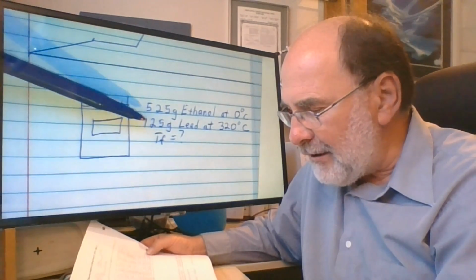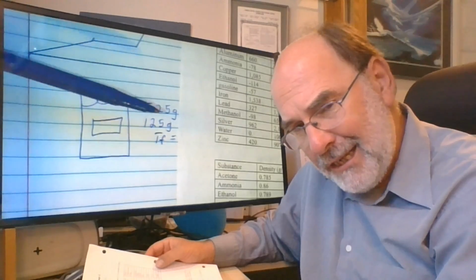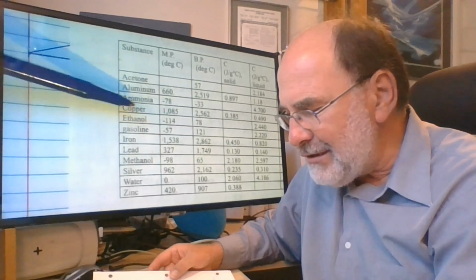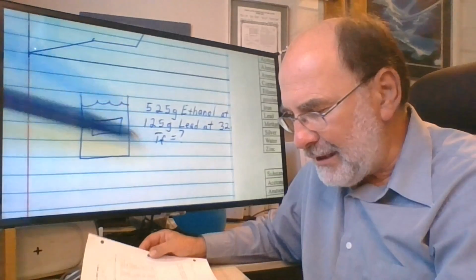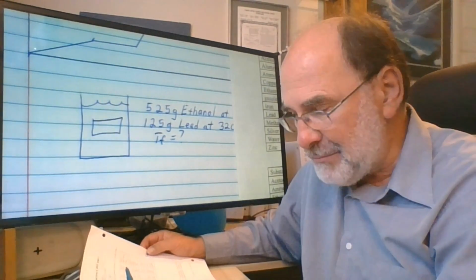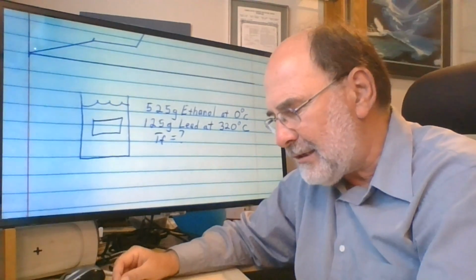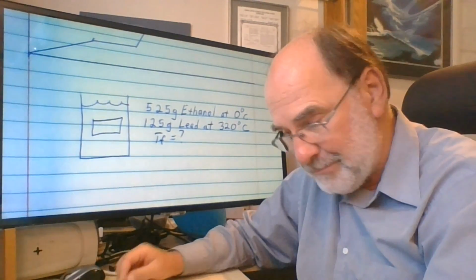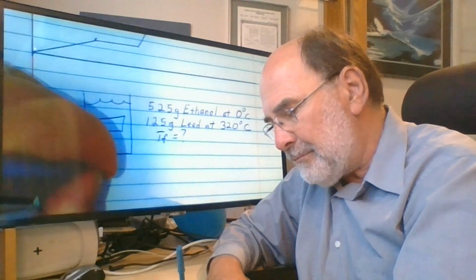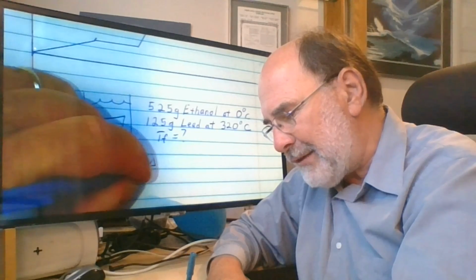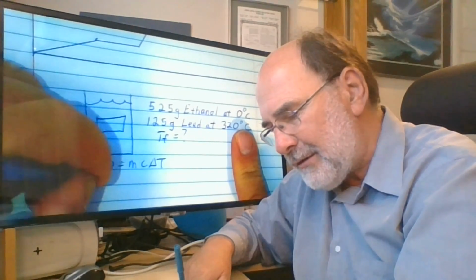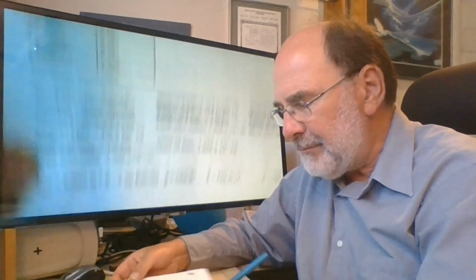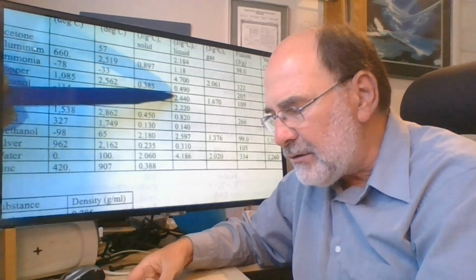And I think I would start off by calculating how much heat would it take to raise that ethanol to its boiling point, and then pull that out of the lead and see where that puts me. All right. So my first step would be to heat the ethanol to its boiling point. Q equals mc delta T. The mass of the ethanol is 525 grams. The specific heat of liquid ethanol is 2.4